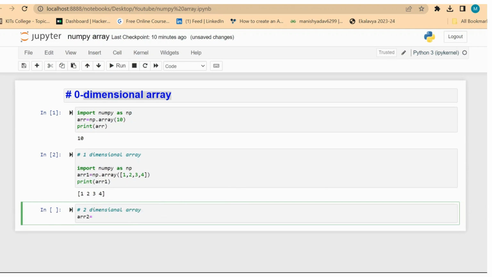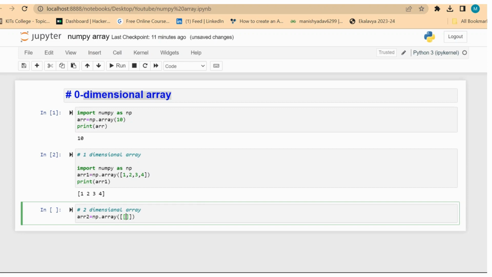Array2 equal to np.array, two-dimensional, so two brackets.